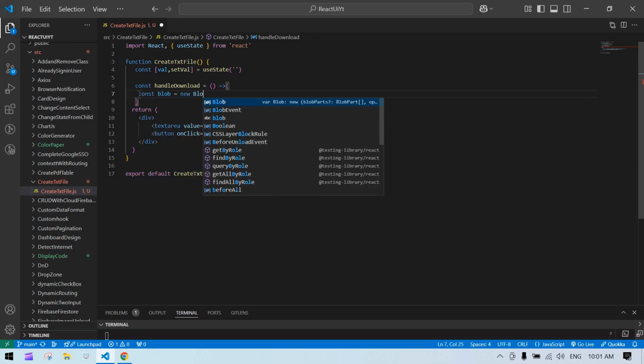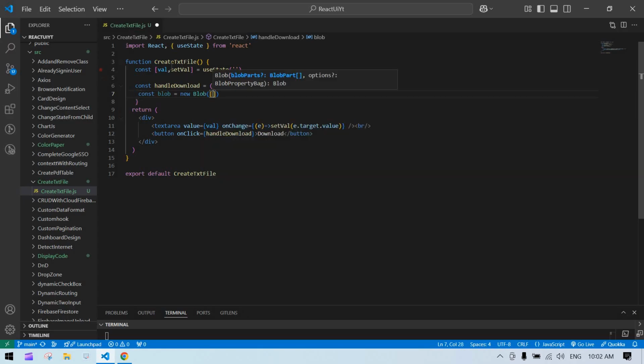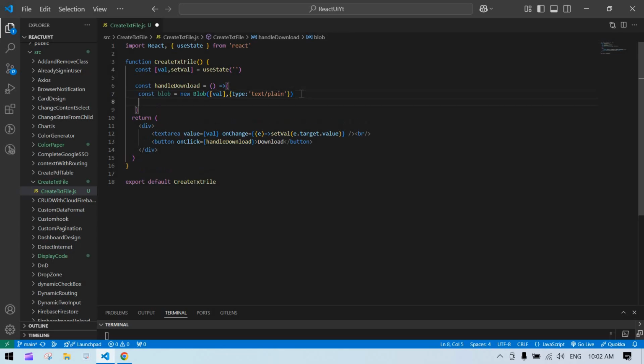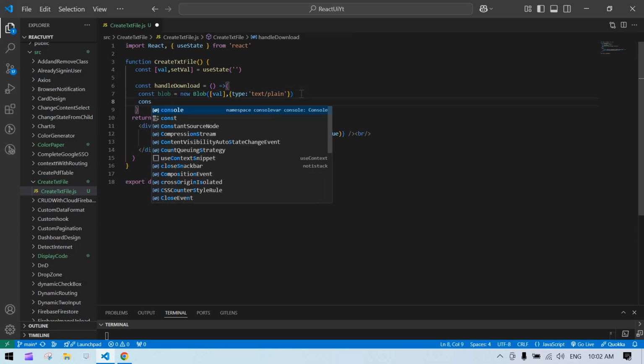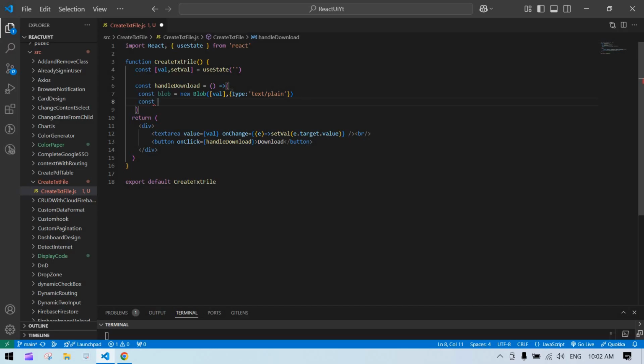new Blob, and this val, and we need to specify the type, text/plain. And I'm going to generate a URL to download this text, whichever we created inside this. So here URL dot createObjectURL. Here we need to pass that blob,